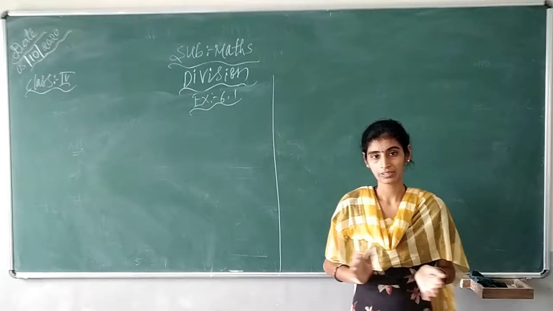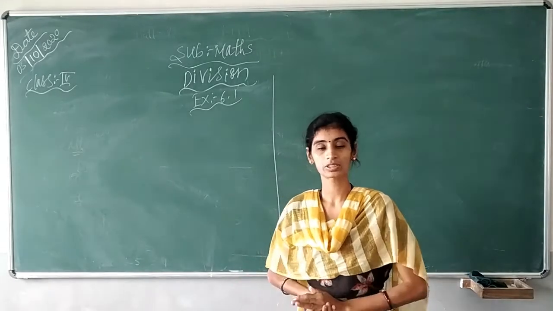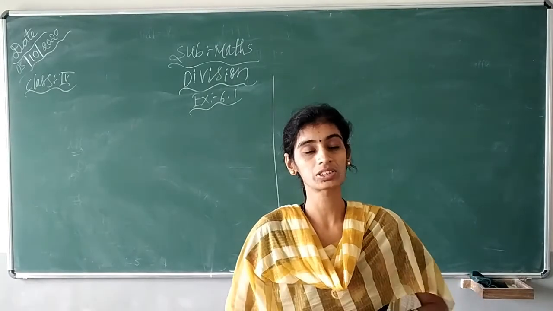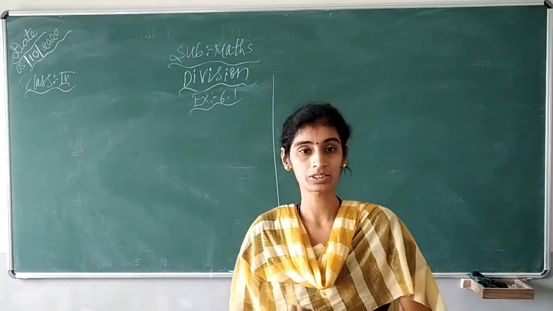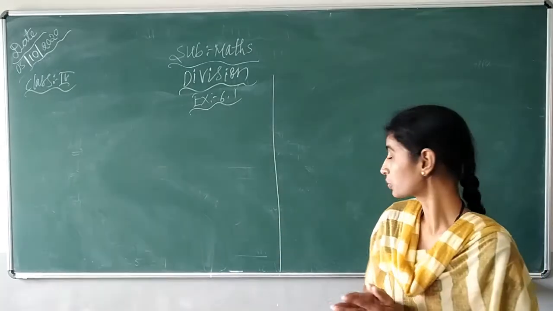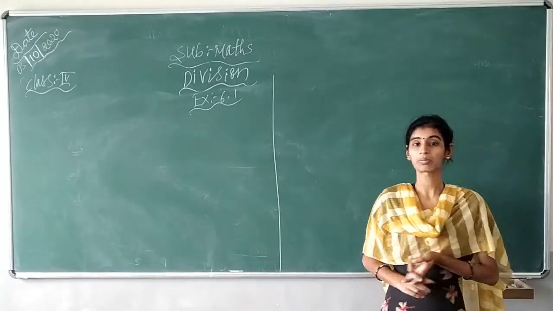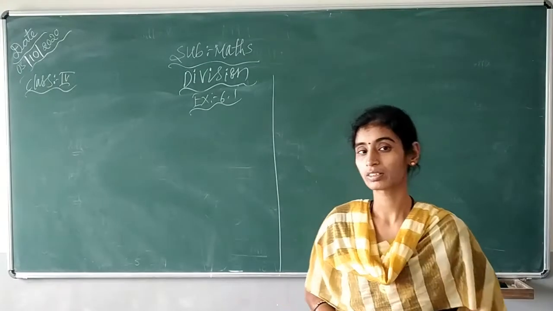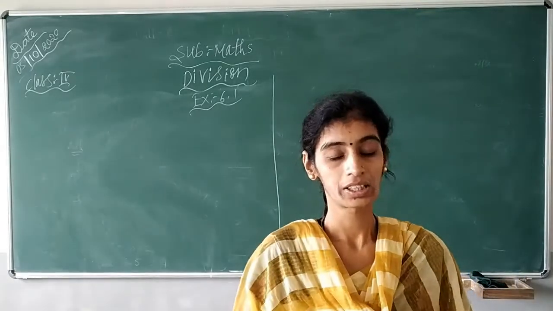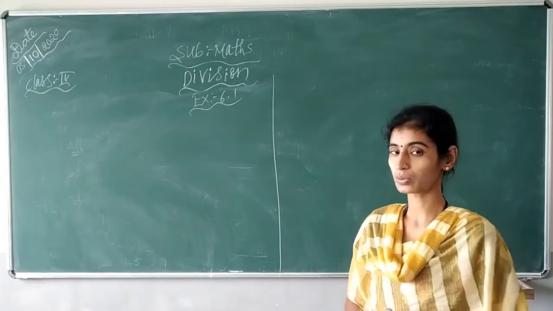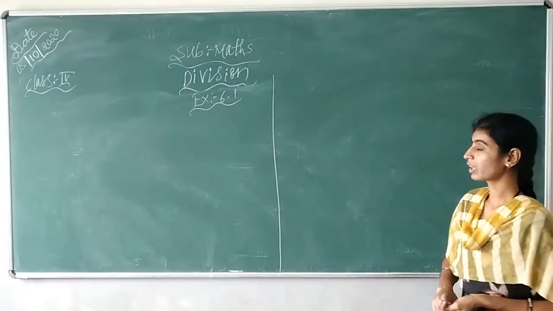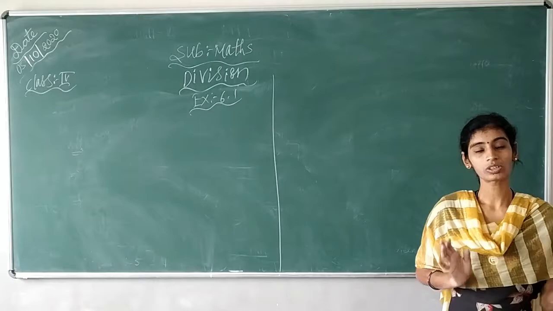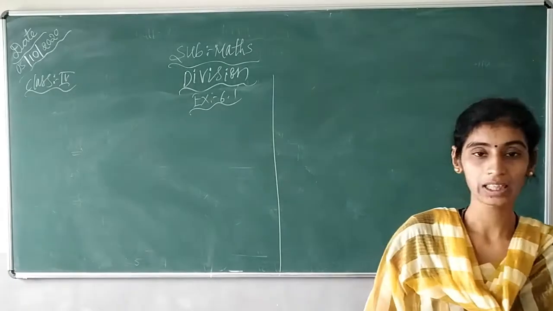In the last class, we started a topic called division. We saw the definition and the symbol used for division. We also discussed the terms used in division and the methods. There are usually two methods: division by distributing equally, and division using the dot. The terms used in division are dividend, divisor, remainder and coefficient. Yes or no, children? We also discussed division using repeated subtraction. So all these we studied in the last class.